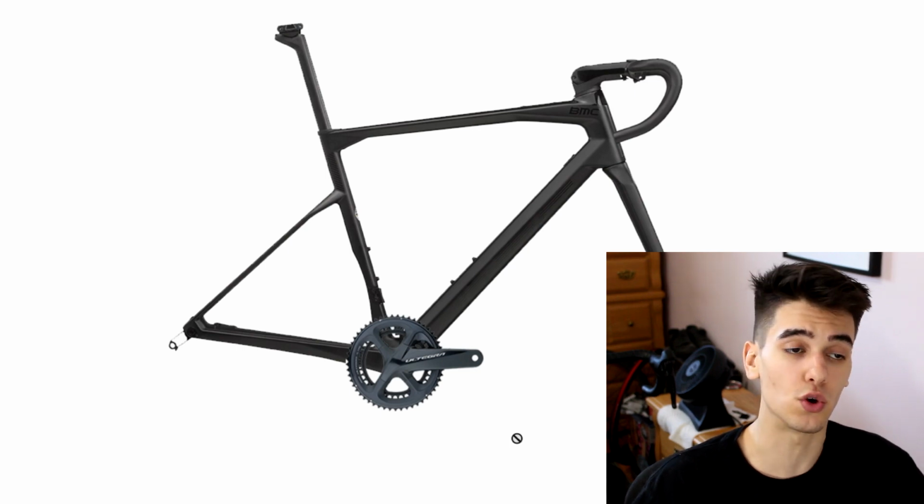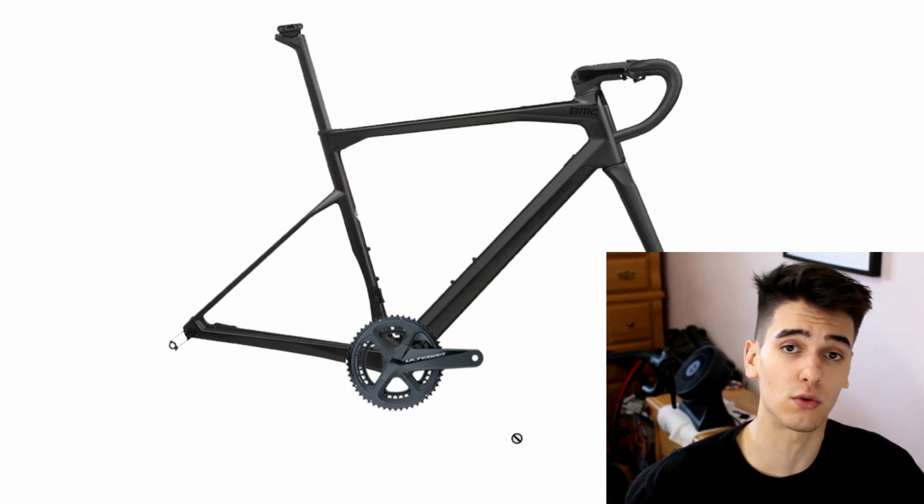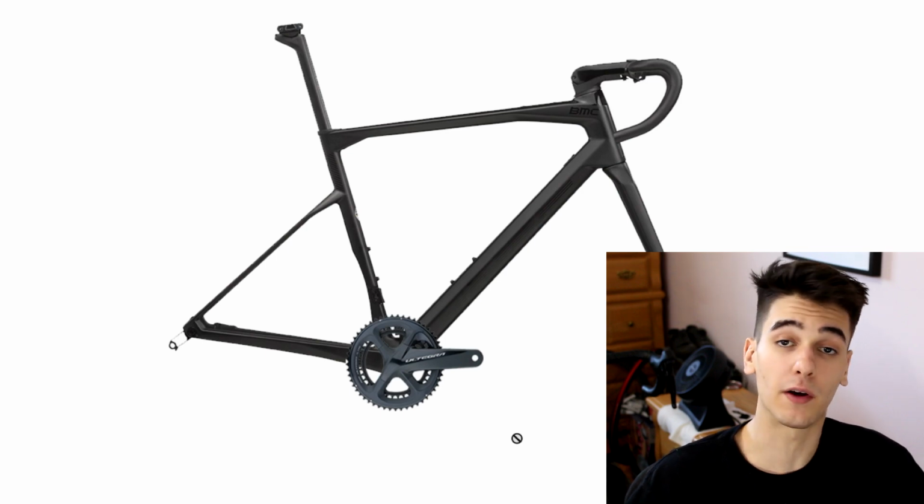stock with a power meter, so you will have to upgrade to maybe a single-sided power meter because power is so important, guys. If you guys are getting into racing or just becoming a stronger cyclist, having power to train off of and to really figure out zones so you can become stronger over time and push more power, very important. I wish I got it right when I started cycling, so that's why in this channel I will be